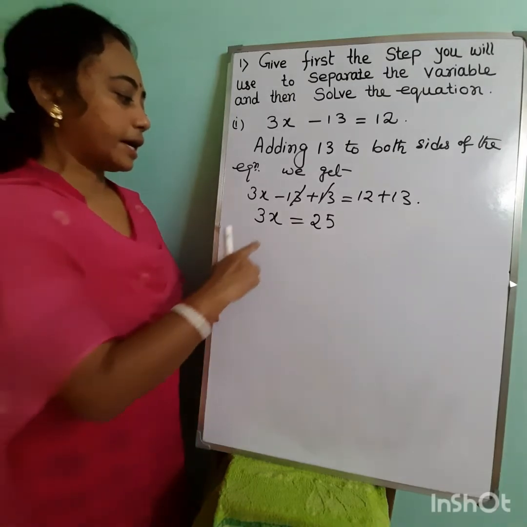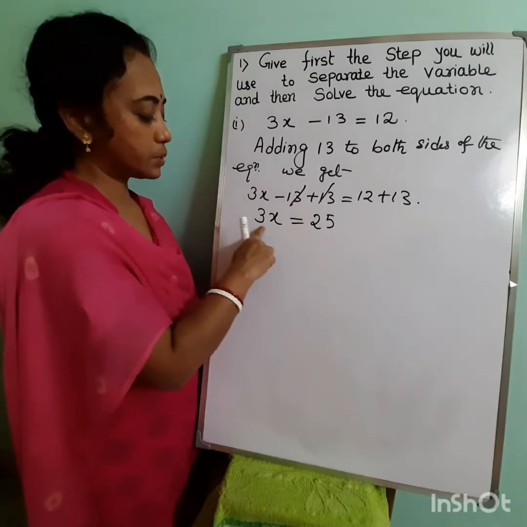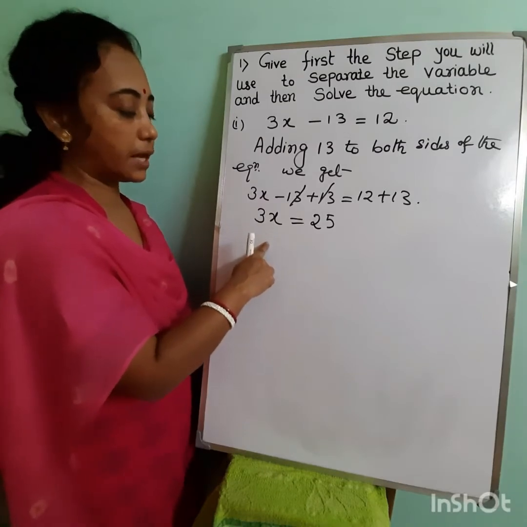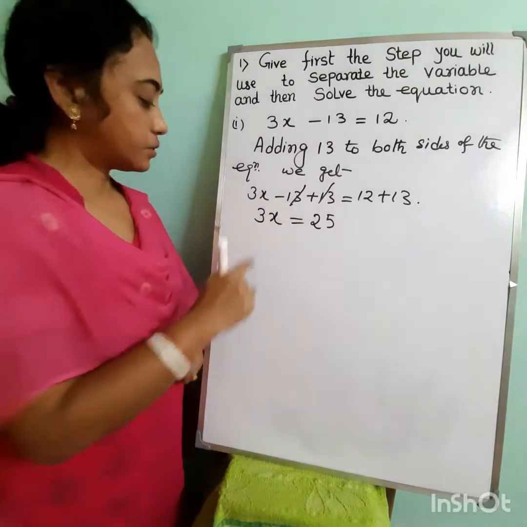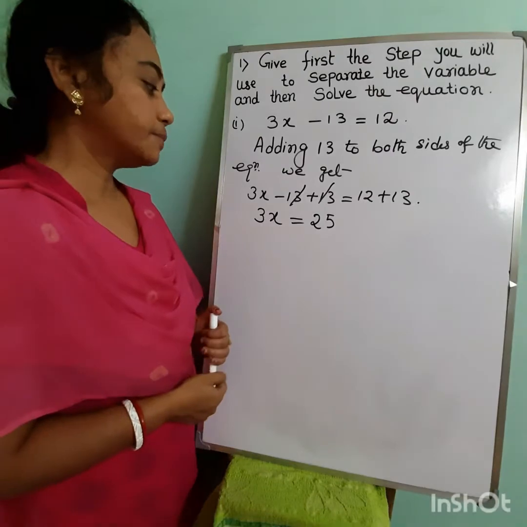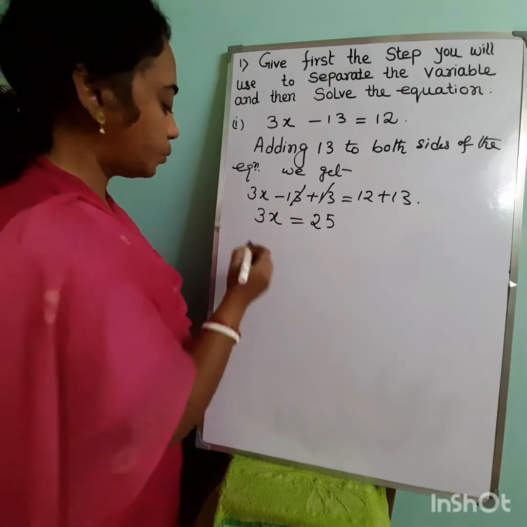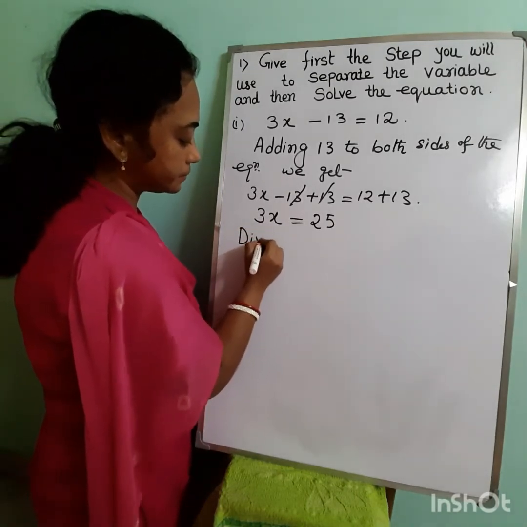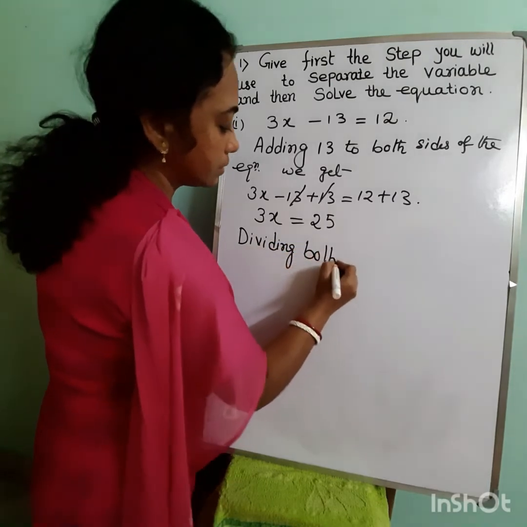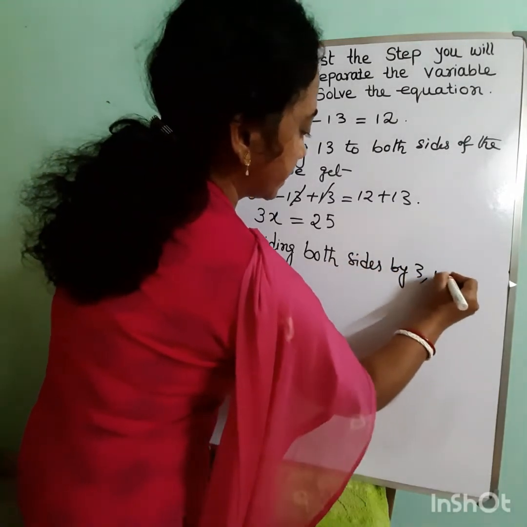Now after that, here again the variable is multiplied with the constant 3. So here the constant is present in this term, so we have to remove the constant from this term, that is 3x. For that, here 3 is multiplied with the variable. So if we divide both sides by 3, then we can easily separate the variable. So dividing both sides by 3, we get